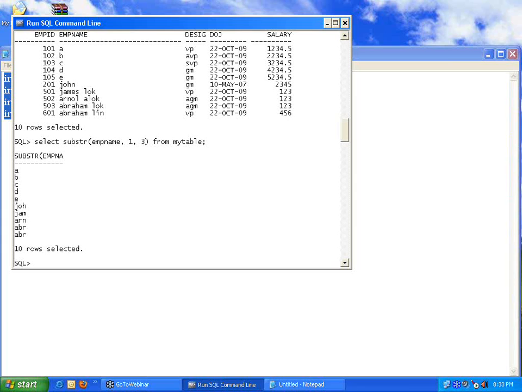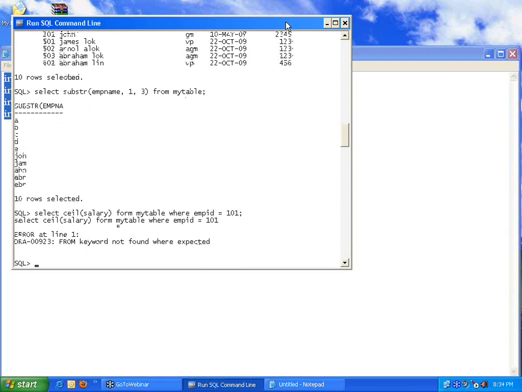And one more thing is, there are 2 other numeric functions that people will use. Right now, the salary is 1234.5. There is a command: select ceil of salary from my table where EMP ID equal to 101. If I use the command ceil,